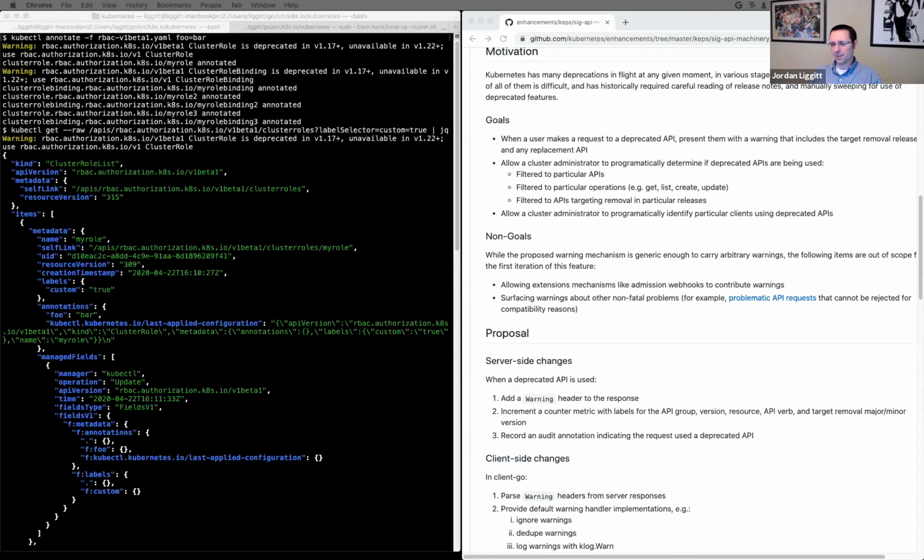So that's kind of the only outstanding thing for kube control that was under discussion. So if you have feedback on this in general or about that specifically, or have other things, jump into the KEP and make comments. And I'd like to get this going at least in a beta stage for 119.